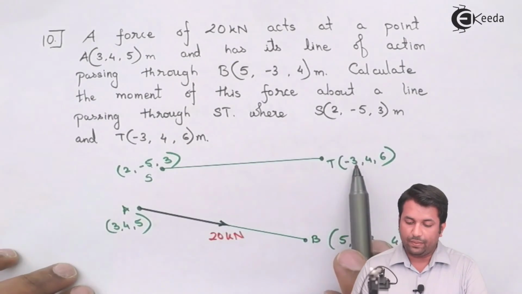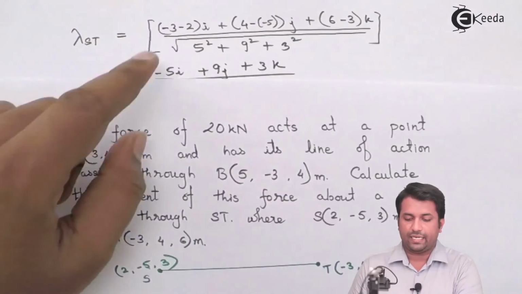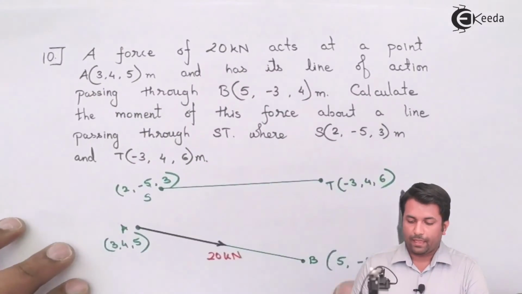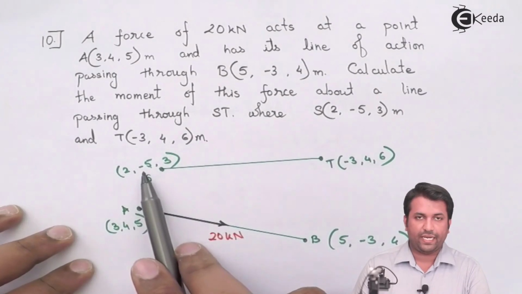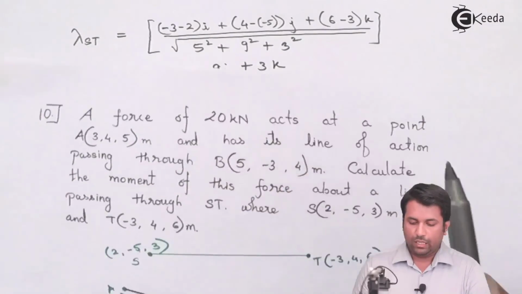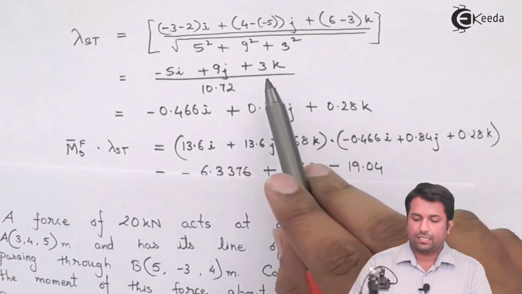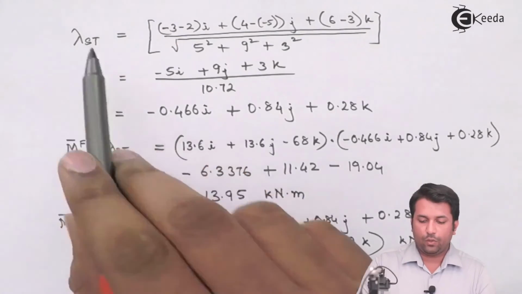So it will be T minus S. So minus 3 minus 2, I'll get it as minus 5. Then 4 minus of minus 5 will be 9. That will come out over here. And last will be 6 minus 3, that is 3. So I'm getting the unit vector